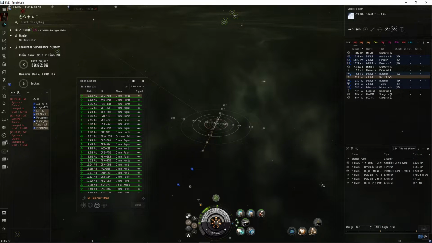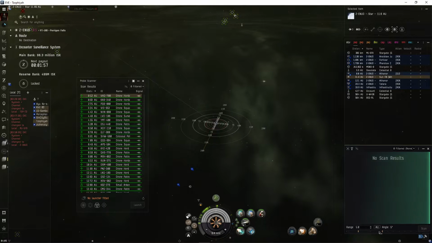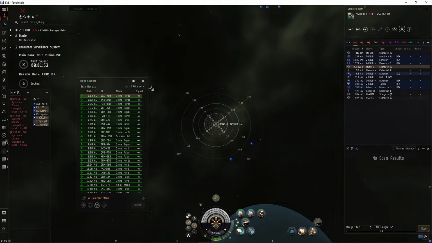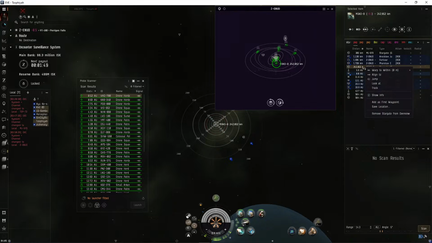So you constantly have your dScan up, you're watching what's coming around you, usually at maximum range. Maybe you'll drop it down a bit. If you're traveling and you want to check if the gate's clear, you can do your 5-degree angle and then dScan the gate. If I was going to go to Beggar and I wasn't sure if it was clear or if there were hostiles on it,